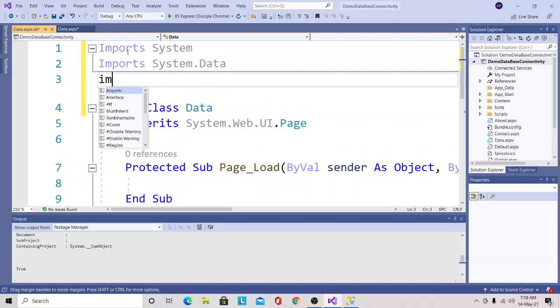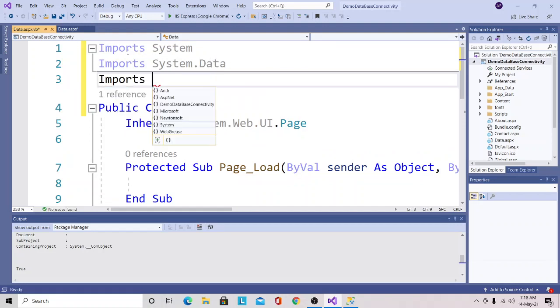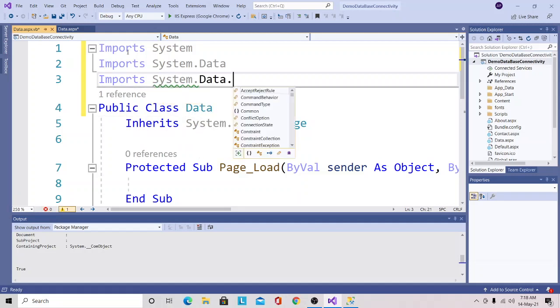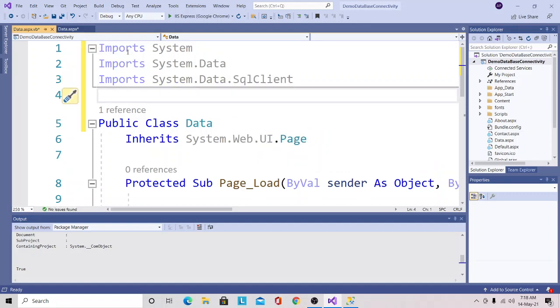In the next line, again the Imports keyword, and I will select the System.Data.SqlClient namespace. First, the user needs to import all these namespaces.